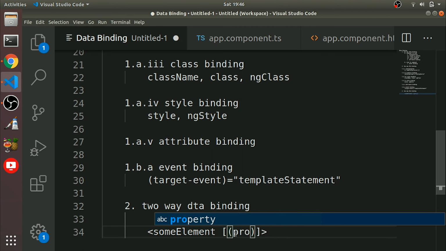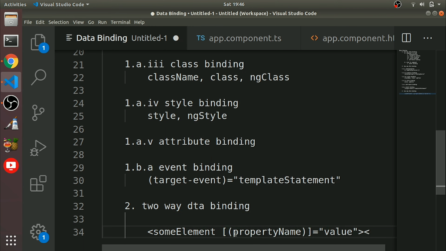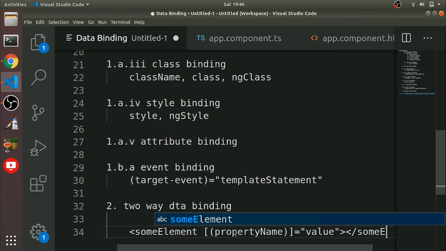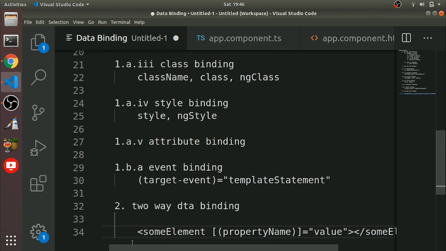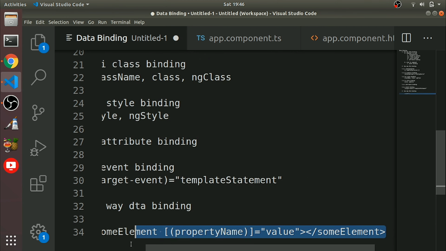So here property name will go here, value, then just end the element. Okay, so this is the syntax.